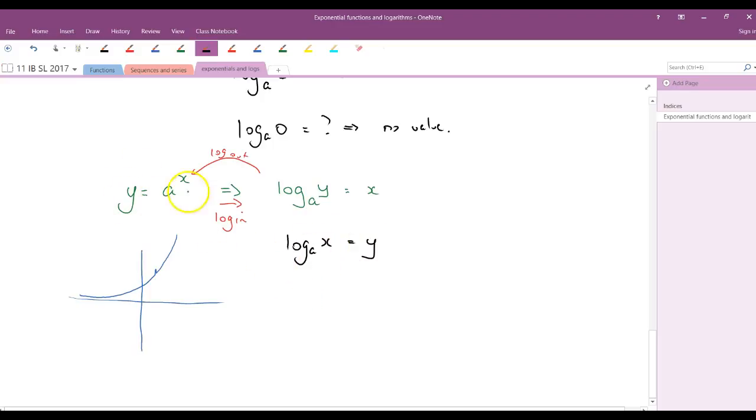So if we start with y equals a to the x, then the inverse function is log base a of x. If this is my function of x, then my inverse function of x is log base a of x. So my exponential function here gets reflected in y equals x,